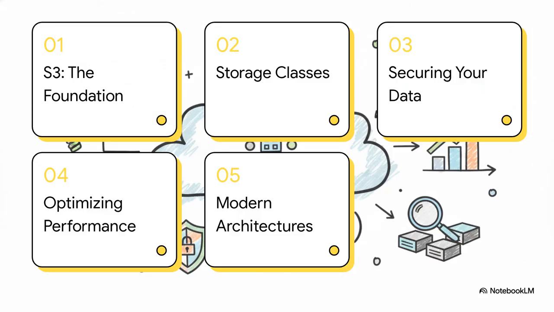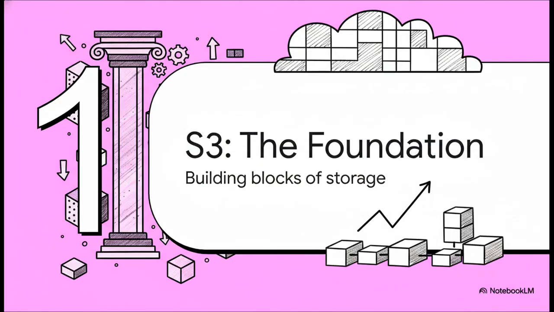Okay, so here's our game plan. We're going to start with the absolute fundamentals, the building blocks. Then we'll get into the key decisions an architect has to make, things like cost, security, and performance. And finally, we'll see how S3 is really at the heart of modern cloud-native applications. First up, let's lock down the absolute fundamentals. You really have to get these core concepts down before you can even think about tackling those complex scenario questions